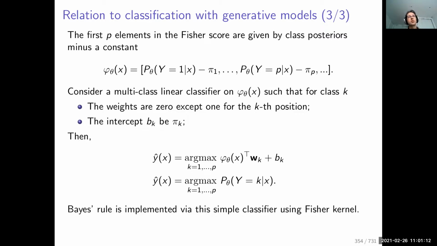So that's all I wanted to say about the Fisher kernel. Remember, it's adaptive to the data. It's a way to turn a probabilistic model into a kernel. And when you want to use it for a classification task, you know that you can do at least as well as using Bayes rule if you were simply using your original probabilistic model.